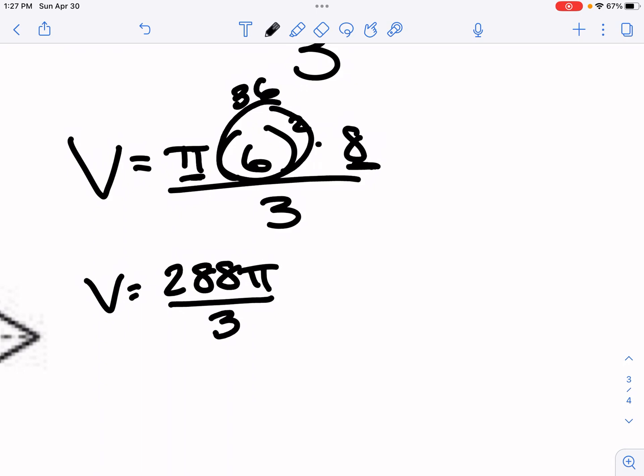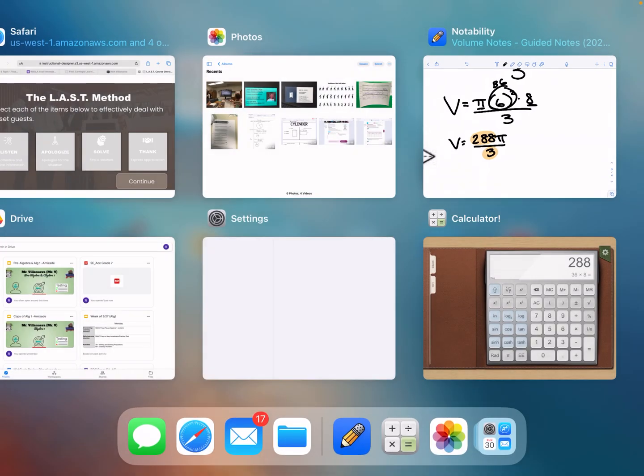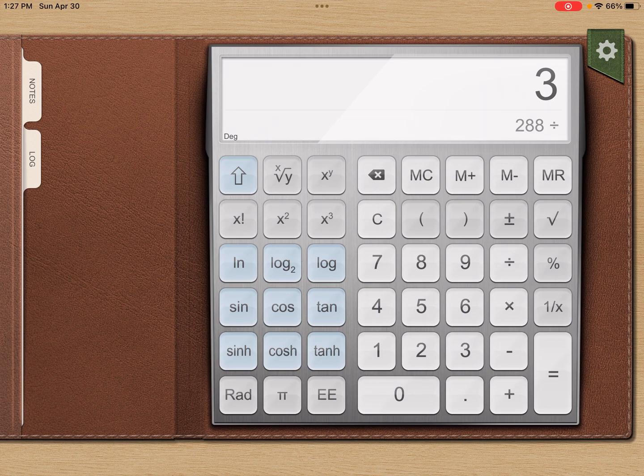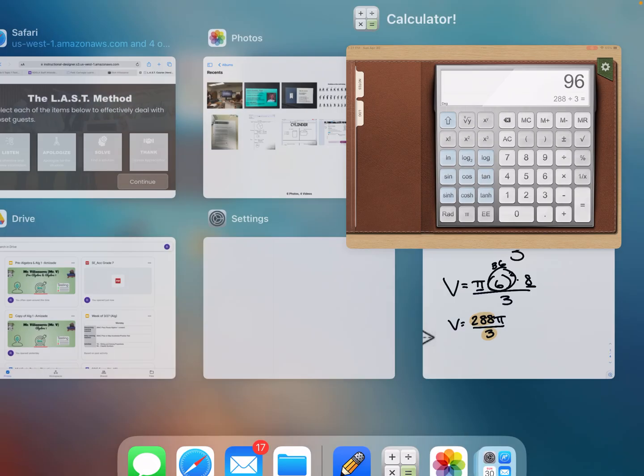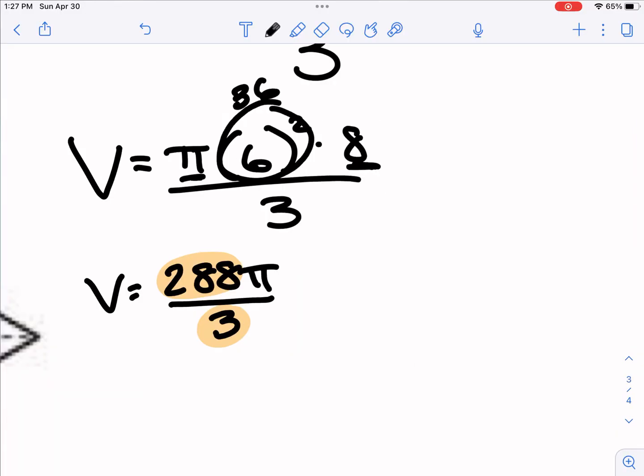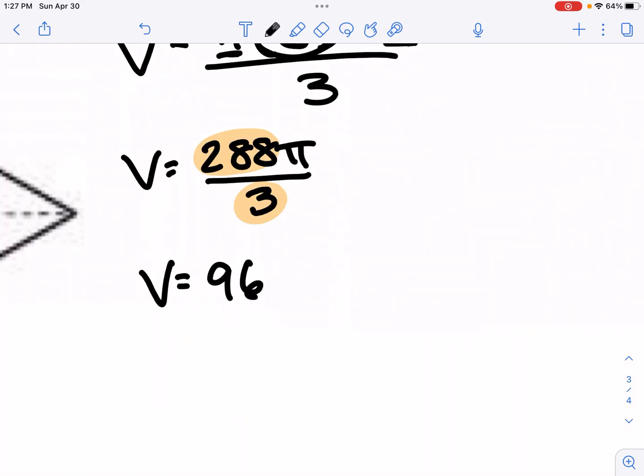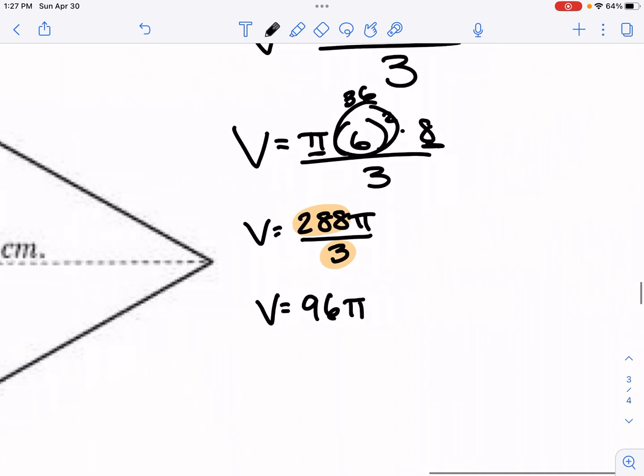Now you could multiply by 3.14 at this point, but I'm actually just going to simplify our numerical values versus pi. So we're going to divide 288 by 3. That gives 96. So our answer, you could write it as V equal to 96 pi,